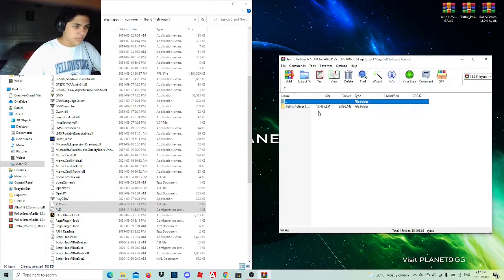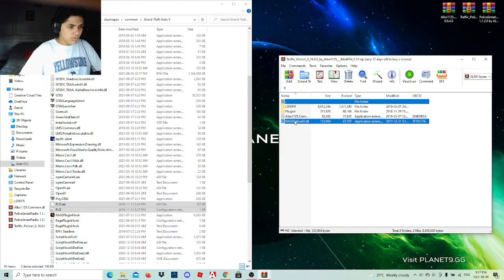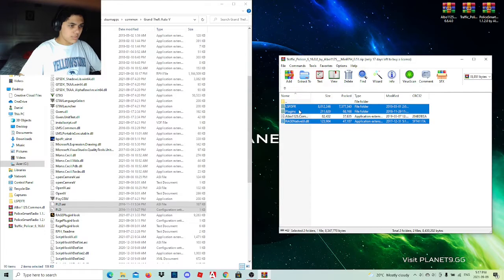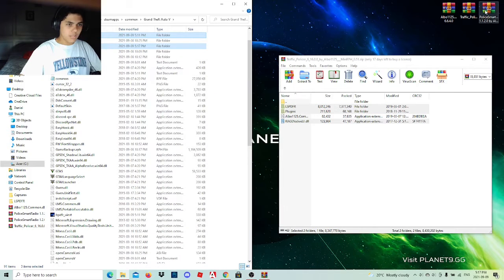So open up Traffic Policer. You can open up any one of them, but I'm going to go for Traffic Policer first. Go ahead and open up the Traffic Policer file and Grand Theft Auto 5. Then you have Rage Native and here is the outdated albo1255 common.dll file. So you're going to skip that and go straight to these three files right here, throw them in,